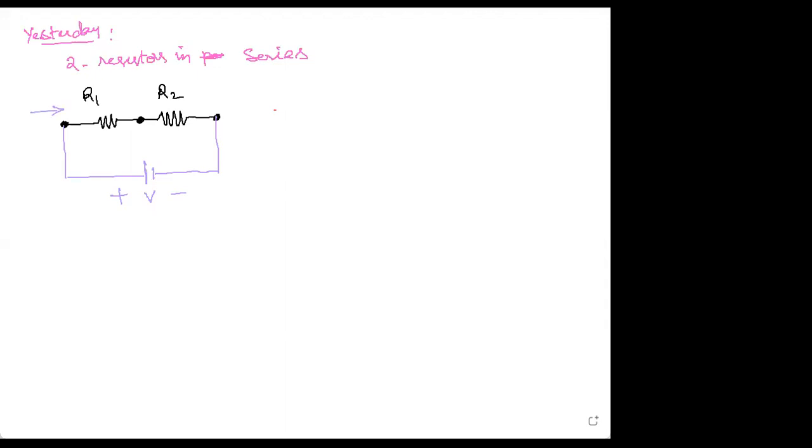So we assume a current I to flow, right? For this circuit, we have seen the voltage across. We took the voltage across R1 as V1 and the voltage across R2 as V2, right? So we have seen V is equal to V1 plus V2,